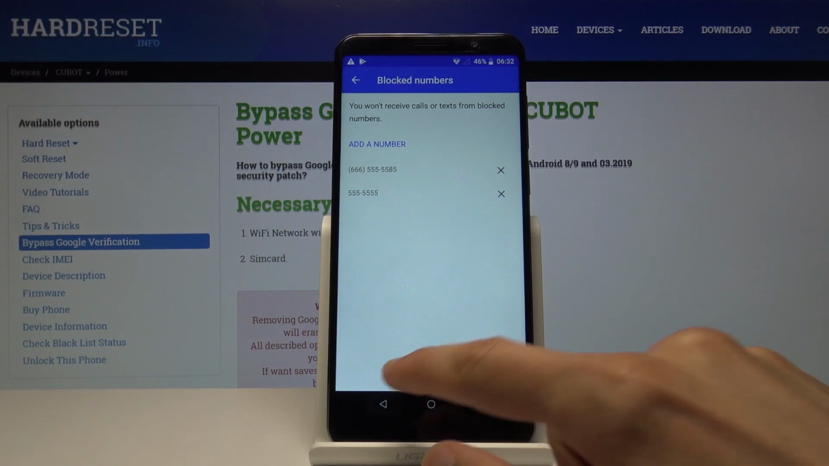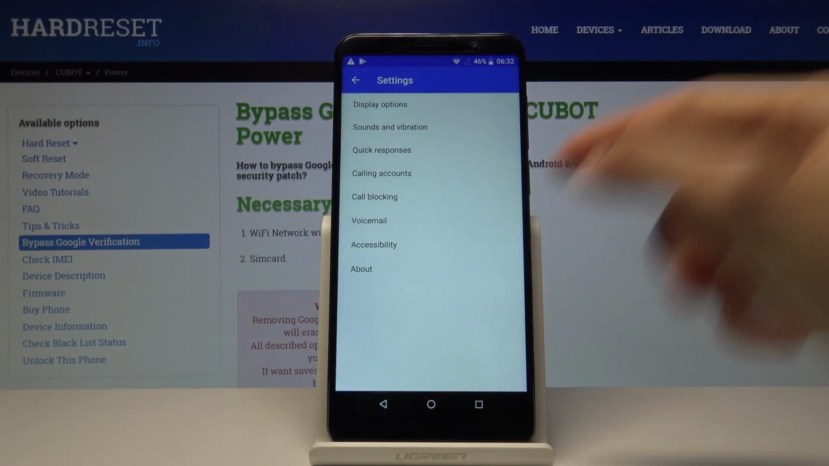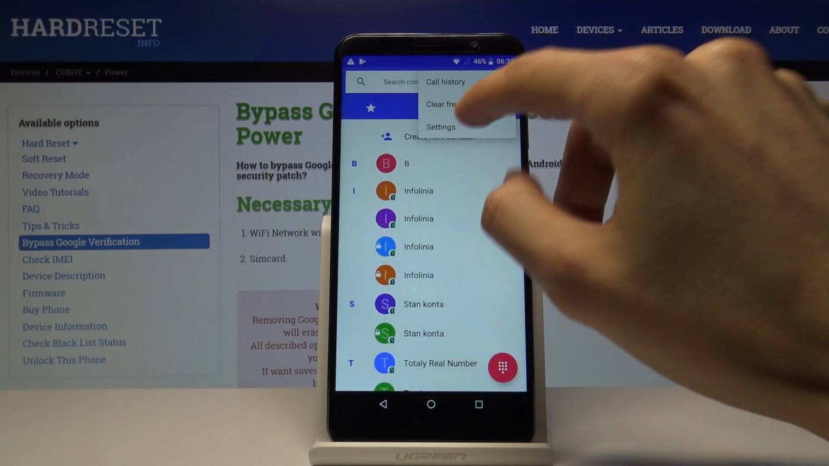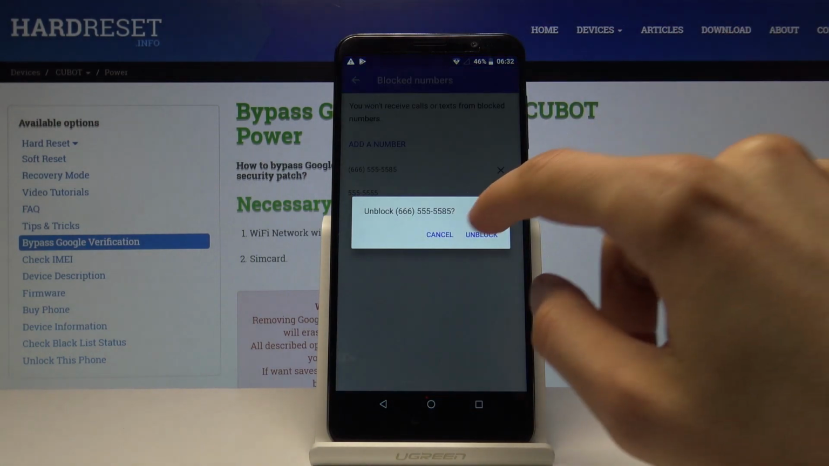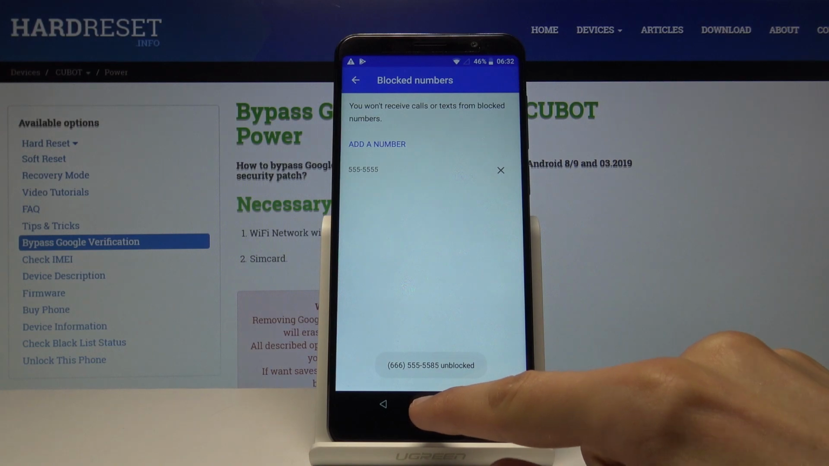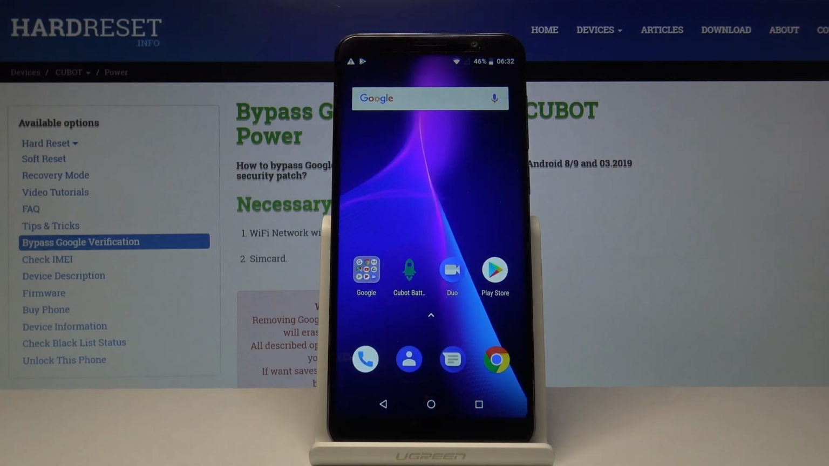And if you want to remove them or one of them, once more you can just go into the settings, call blocking, and tap on the X to remove a specific number that you wish to not block anymore. And yeah, that is basically how you would block a